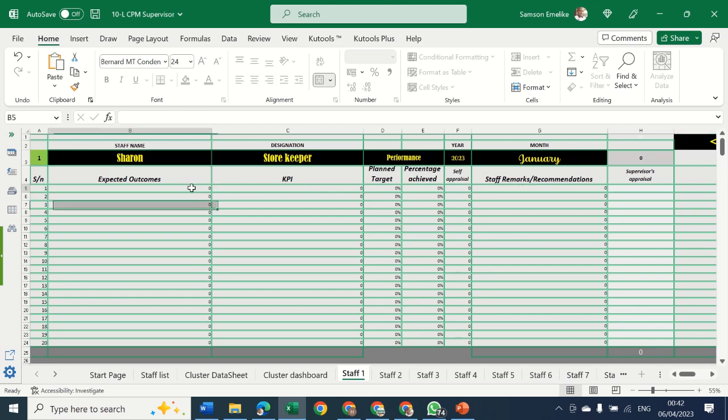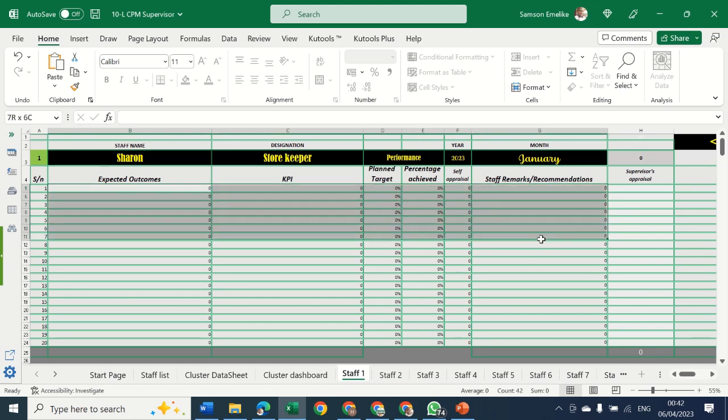You will see that they have some content inside them. This is because, remember, we are looking at the supervisor's portal. So there are some parts that draw content from the individual staff. So all this area up to this point,